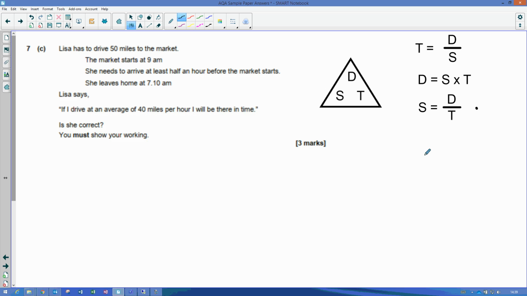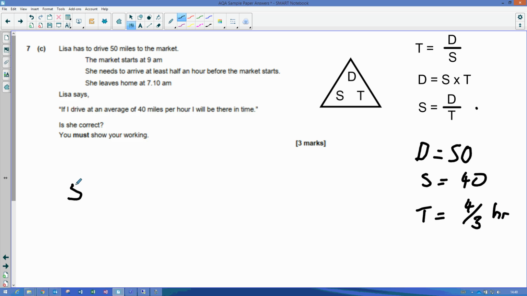Well, we've done a lot of the work now. We know the distance is 50. We know the speed is 40. And we now know the time is 4/3 in hours, remember. And this formula that we want to look at as the last option is speed equals distance over time. So that's equal to 50 divided by